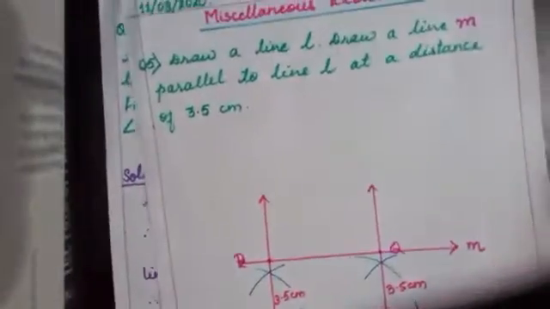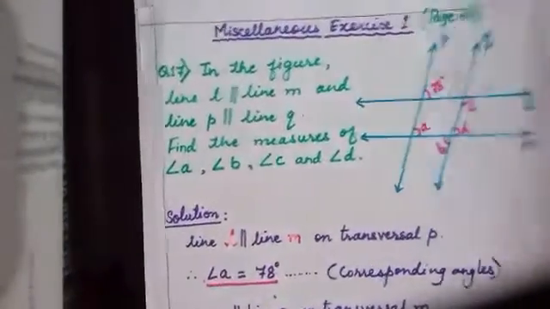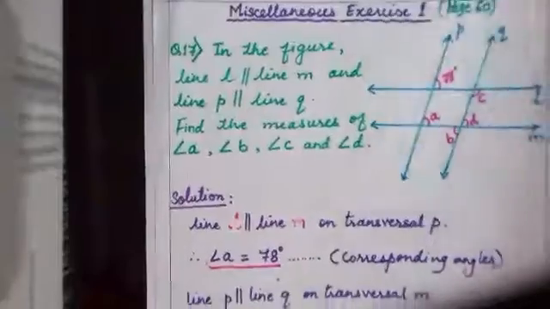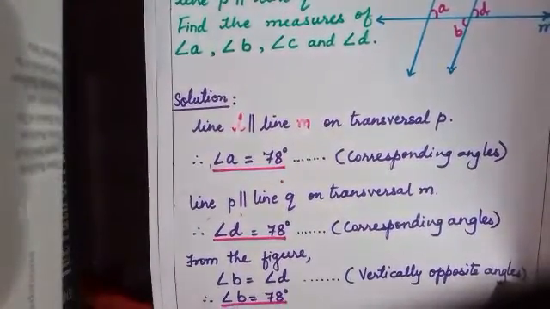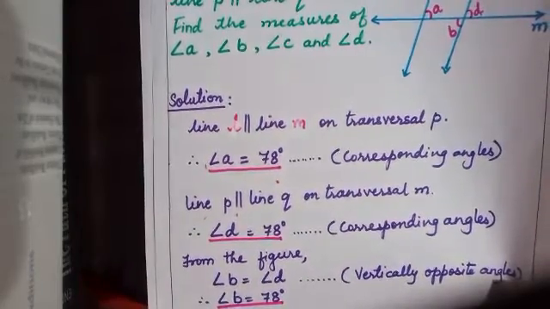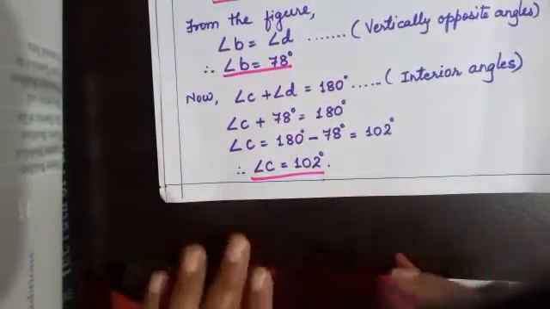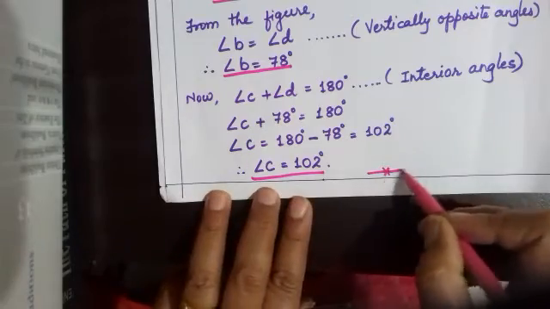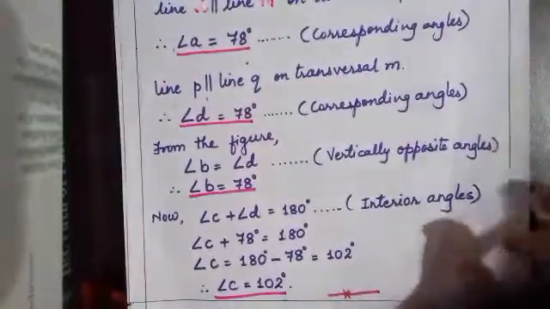So in this Miscellaneous Exercise 1, we have solved both sums: first question number 5, and second question number 17 of Miscellaneous Exercise 1. And in the next video, you are going to solve class test 2 on chapter number 2. This is the last question of your miscellaneous exercise based on chapter 2. So be ready to solve class test 2.